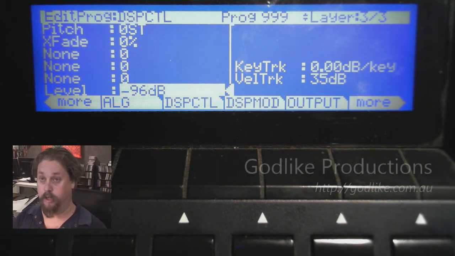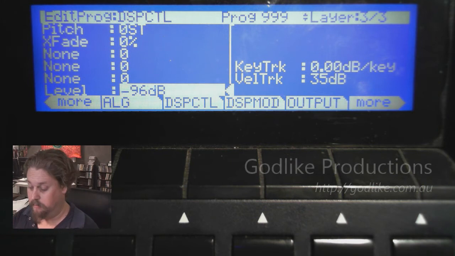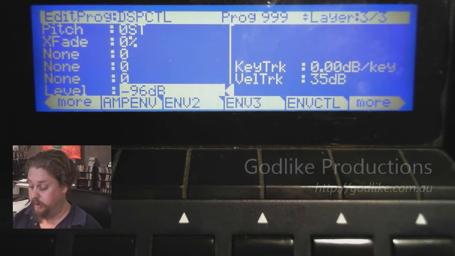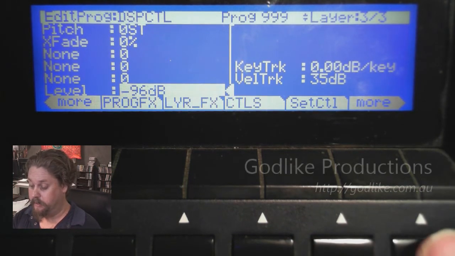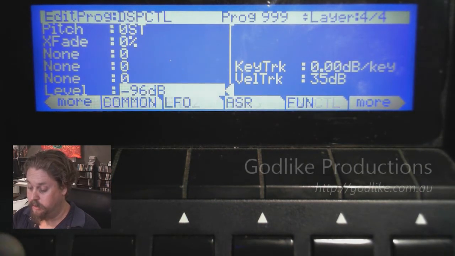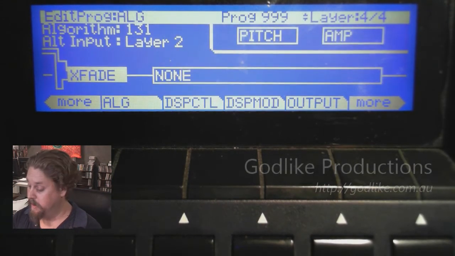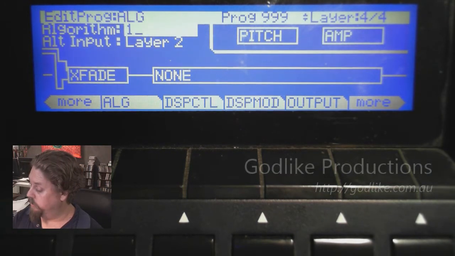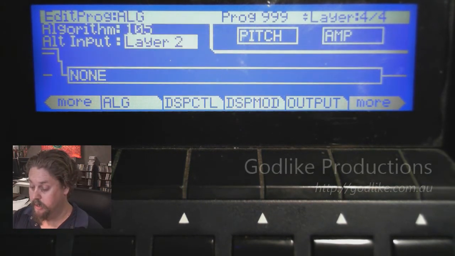I will set them so that you can hear the effect of it, and you guys can go off and modulate them to your heart's content. Okay, so again, let's duplicate layer, because we've already got the envelope set up and everything. So let's duplicate it, and we'll go to the algorithm. What we want to do is go to algorithm 105 in this case,